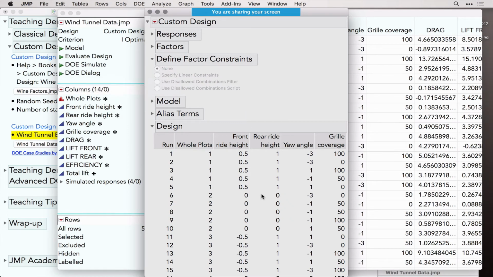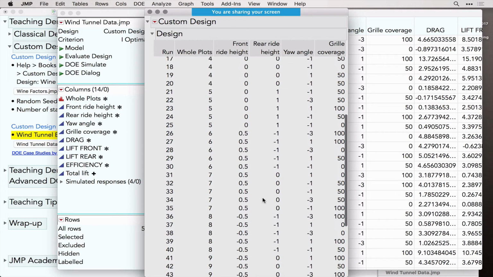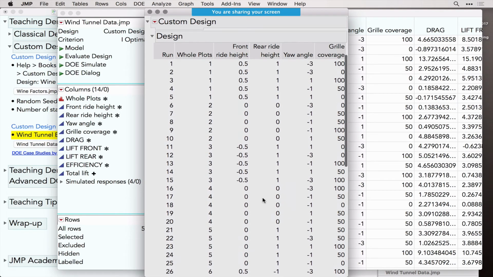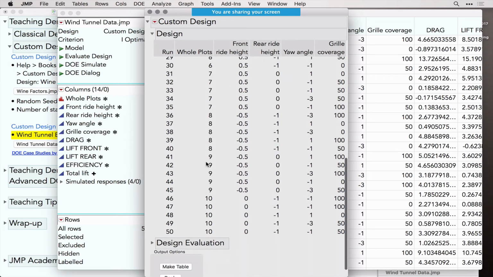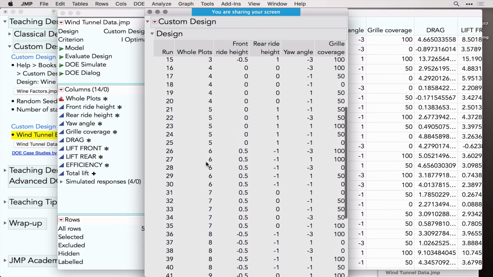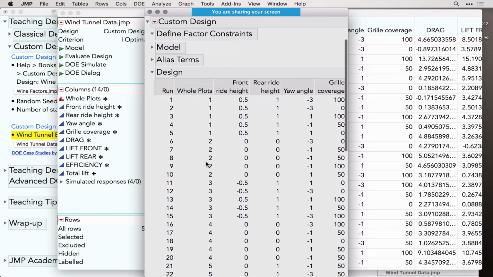And this is the best one here, and the special thing is that we have whole plots. So we have 50 runs in total and 10 whole plots in this case, and the two